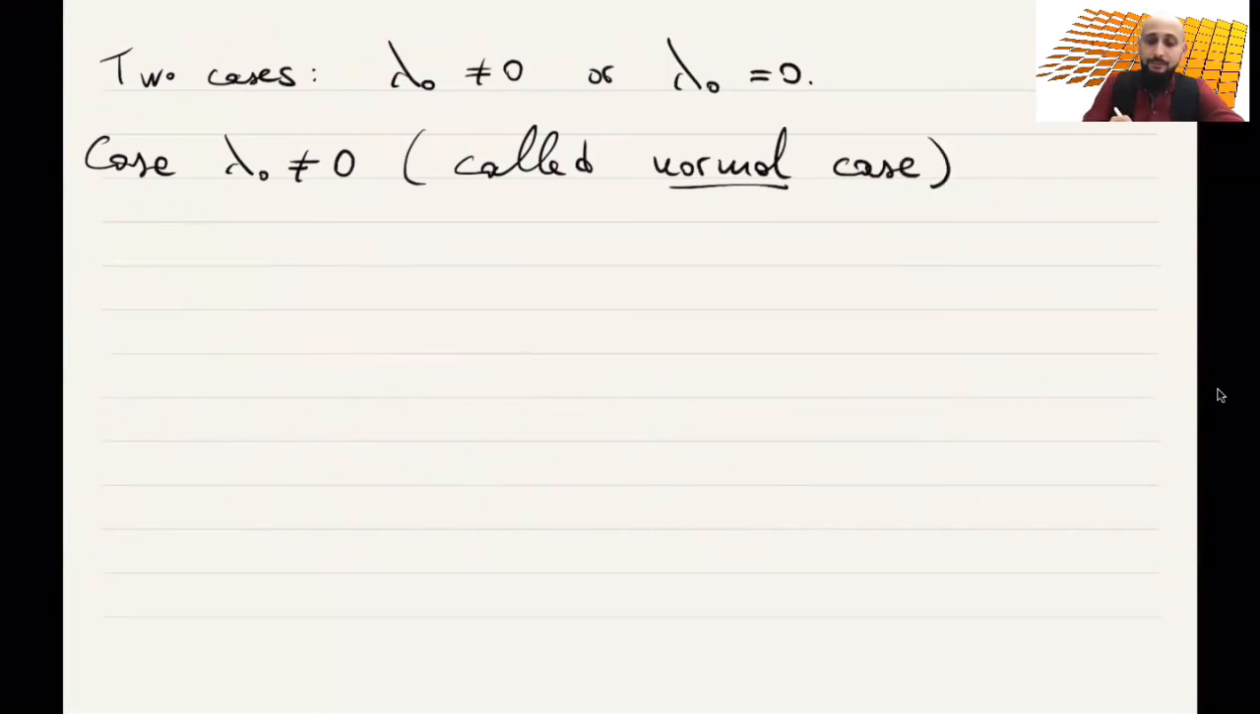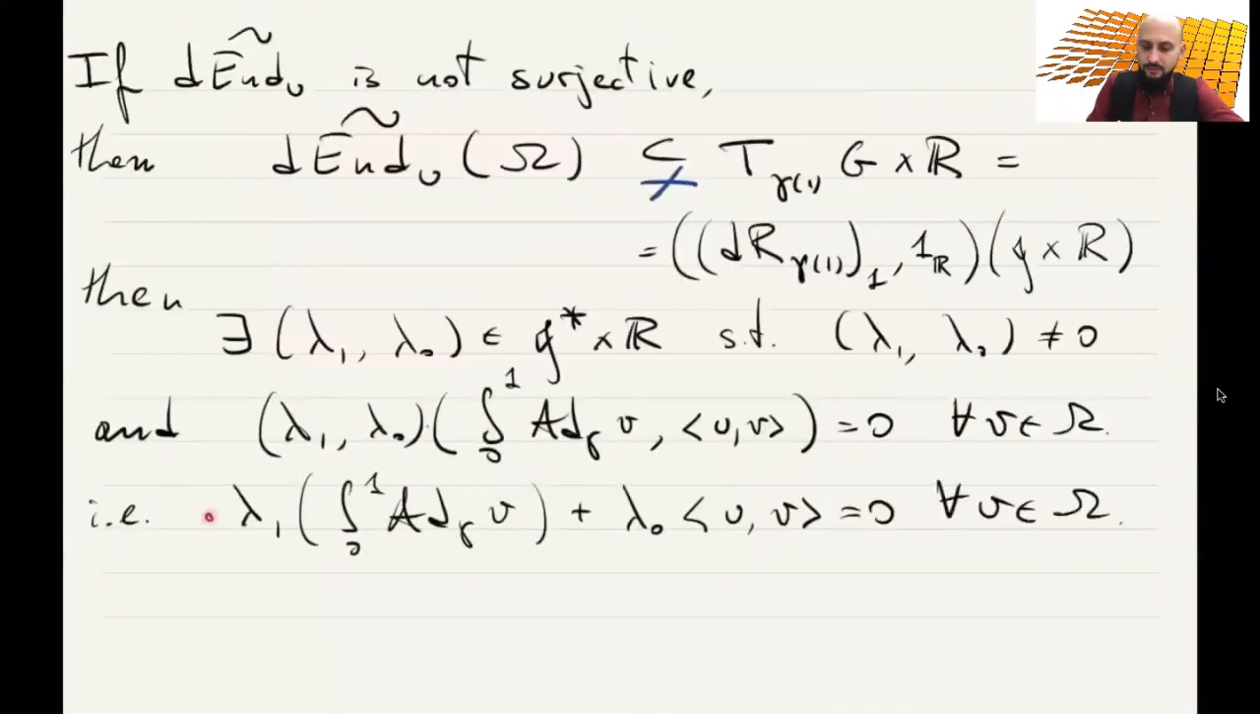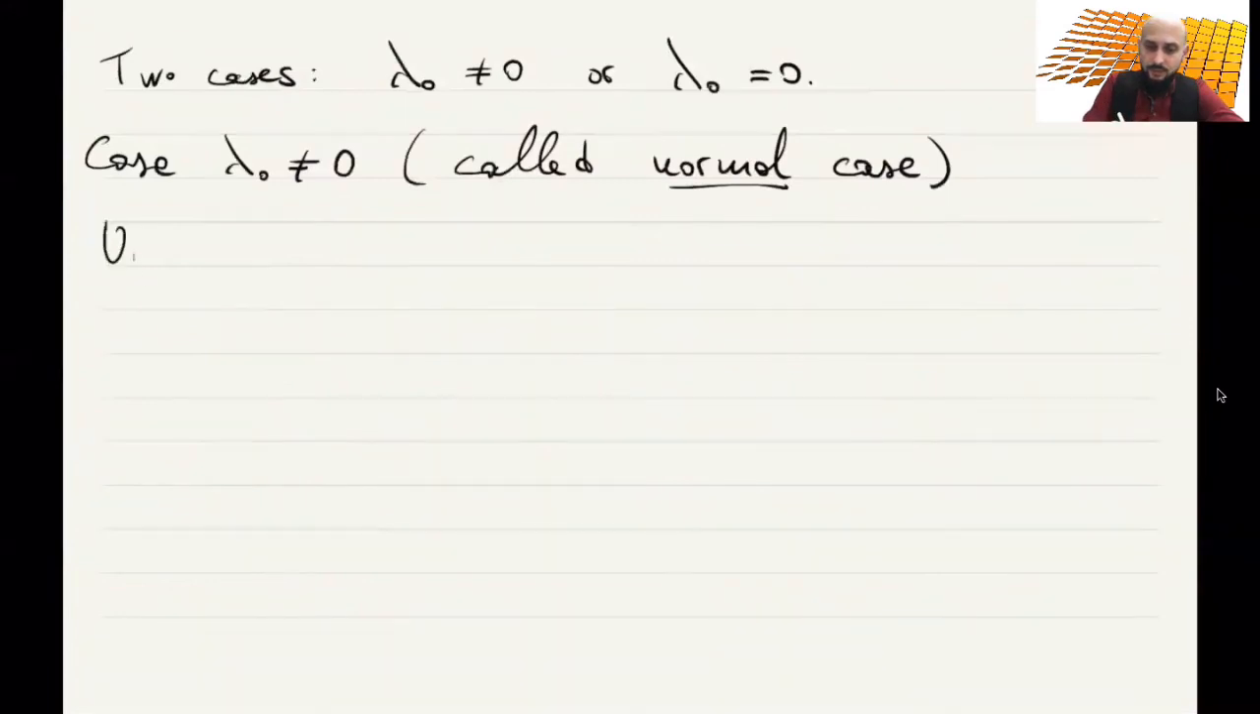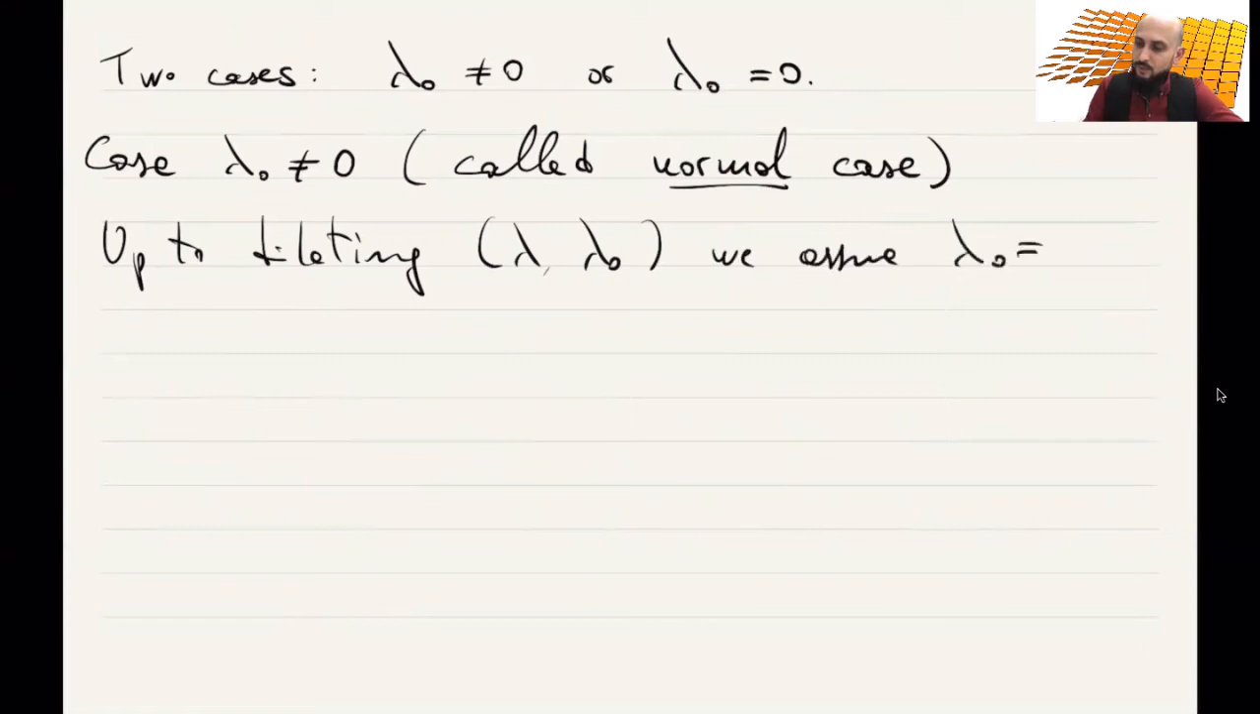Up to dilating by a constant, you can multiply all of this by a factor, so we can assume that this number is 1. So up to dilating, we assume lambda 0 equal to 1. So the equation becomes lambda 1 integral between 0 and 1 of ad gamma v